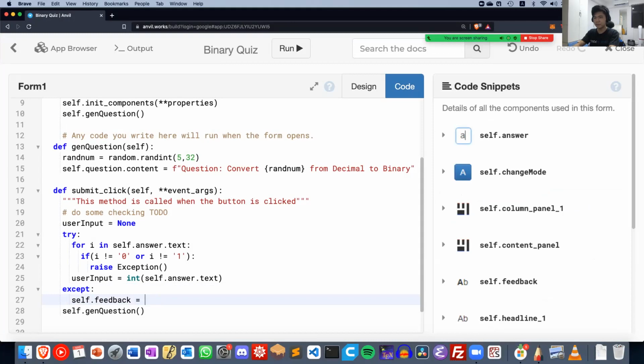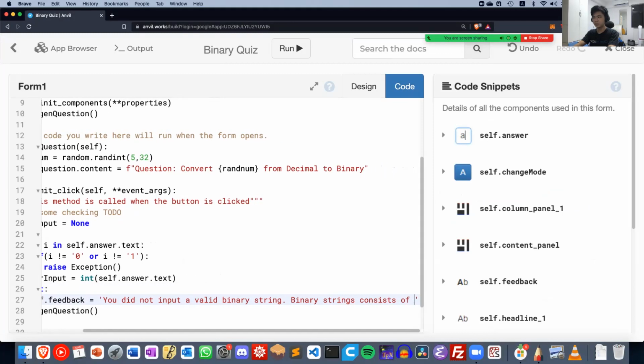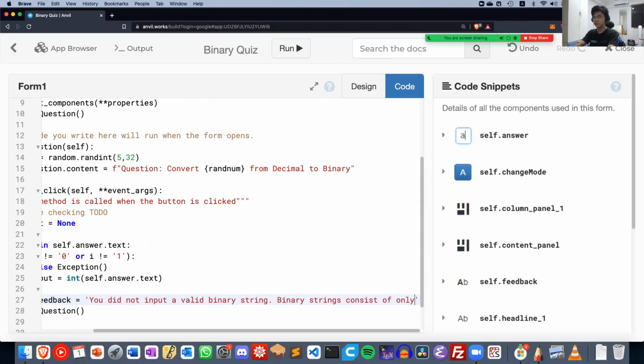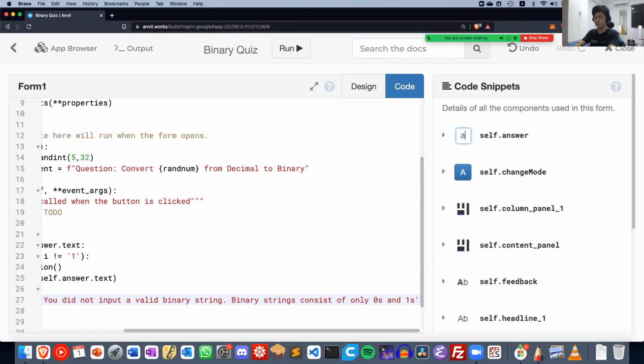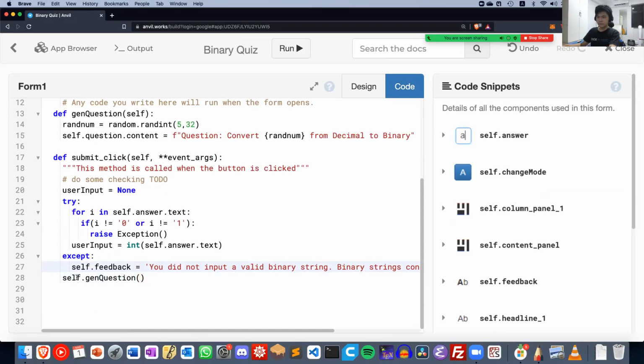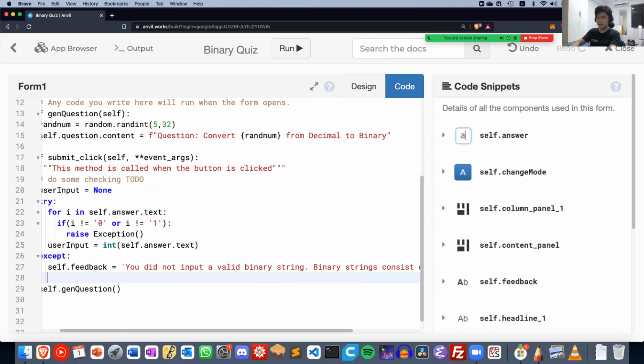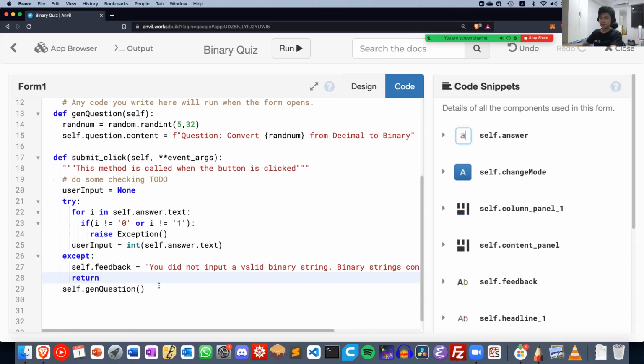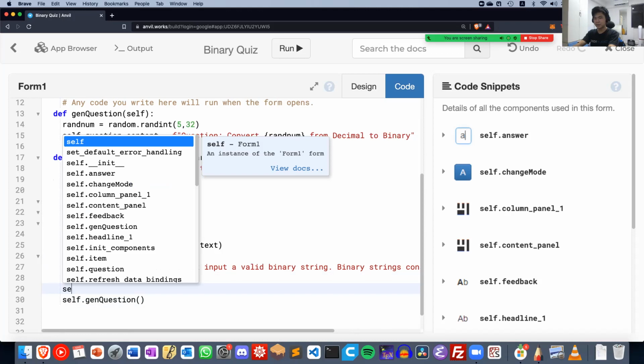So self.feedback equals "You did not input a valid binary string, and binary strings consist of only zeros and ones." Okay, so that should be quite clear enough. Then, if that is the case, we return immediately because we don't want to generate a new question by accident. Okay, otherwise, then our user input